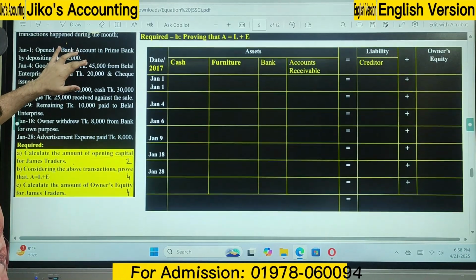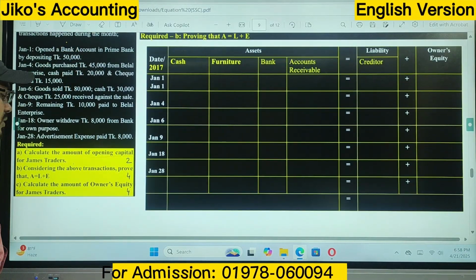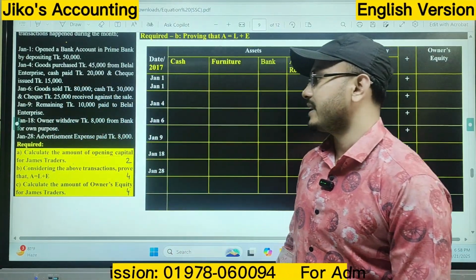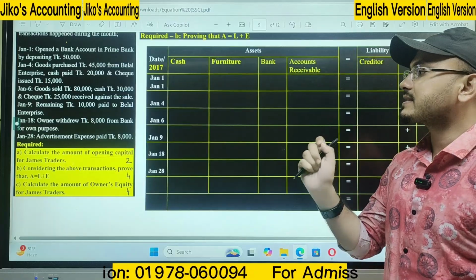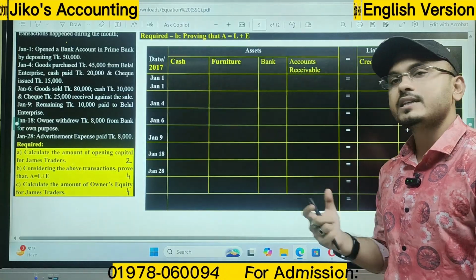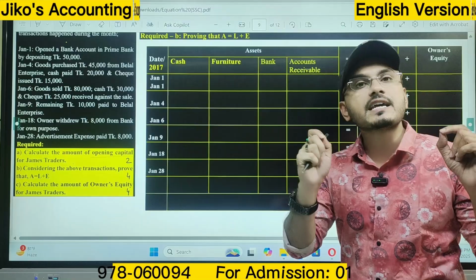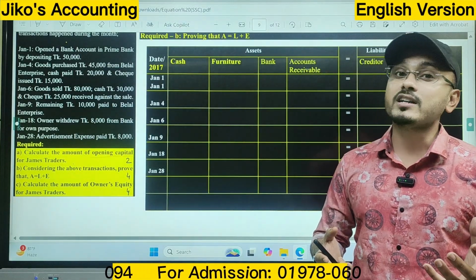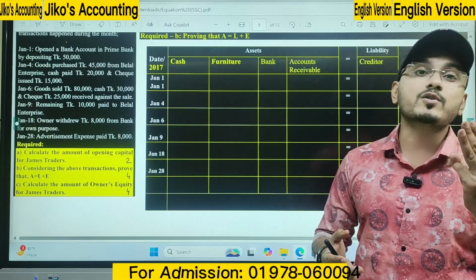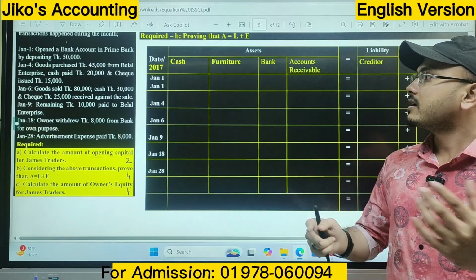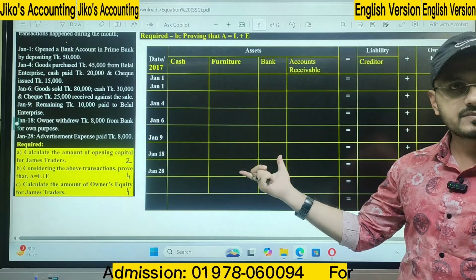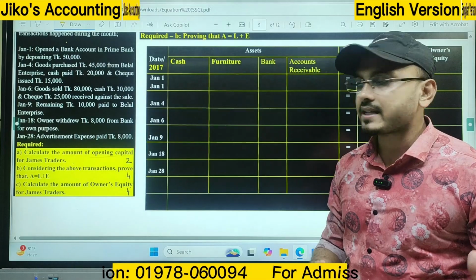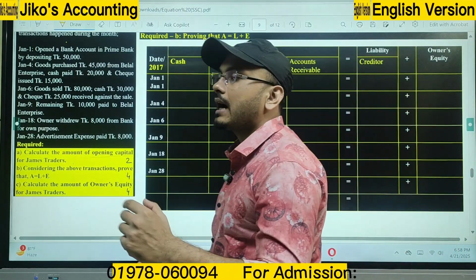What is our second requirement here? Prove that A equals L plus OE. Or these questions may be given in another way: show the effects of the transactions on the accounting equation, or prepare a tabular format using the accounting equation. I have already mentioned 3 sorts of questions, but the answer would be like this, the same answer. Now, if we want to solve this math, first of all we have to figure out our assets